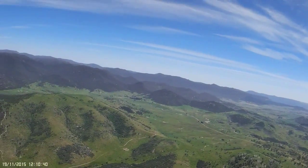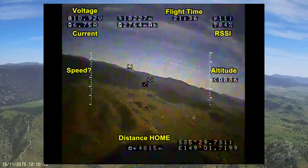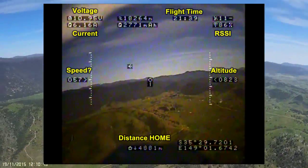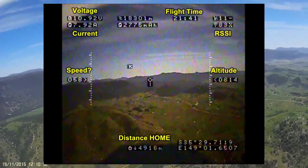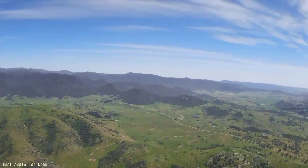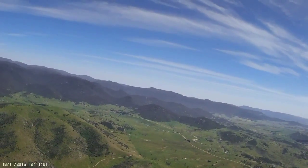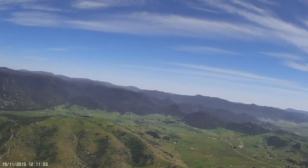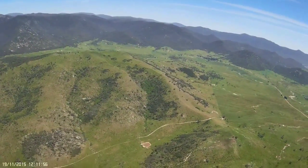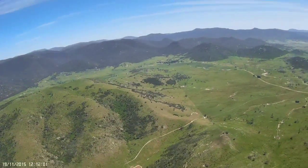So it looks like the valley actually ends not too far away. Having a look at the video display, I'm coming up on 5 kilometres then, so I'm quite amazed that I'm here. There's still some volts left in the battery, so things are looking pretty good. So I decided to keep going. I come up to about 5.5 kilometres before I start getting some